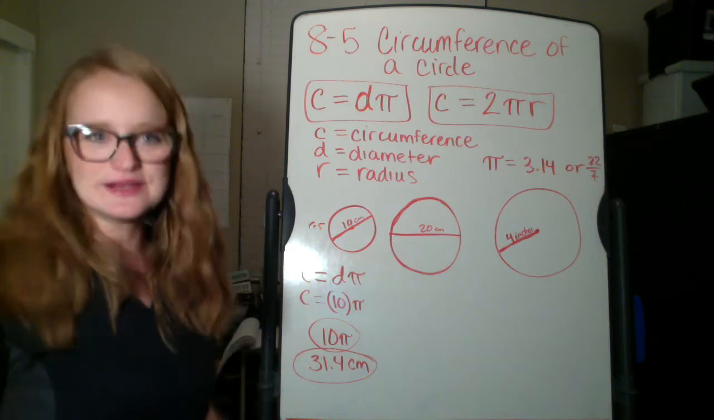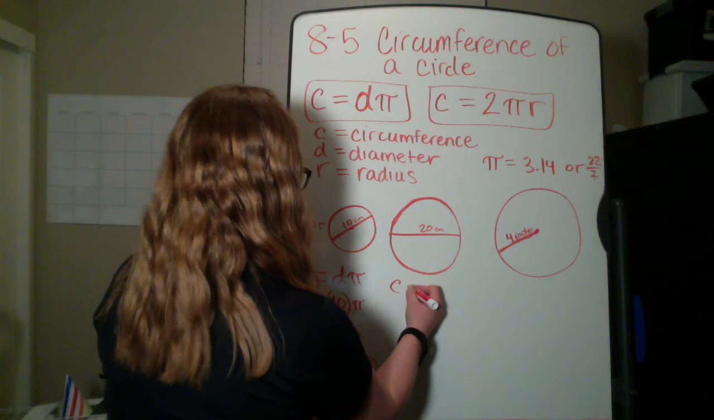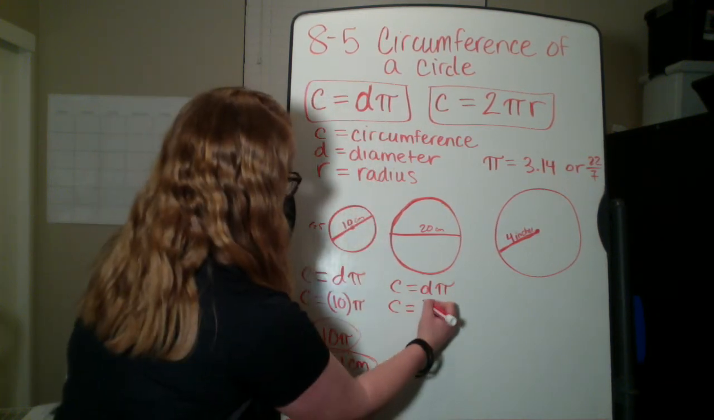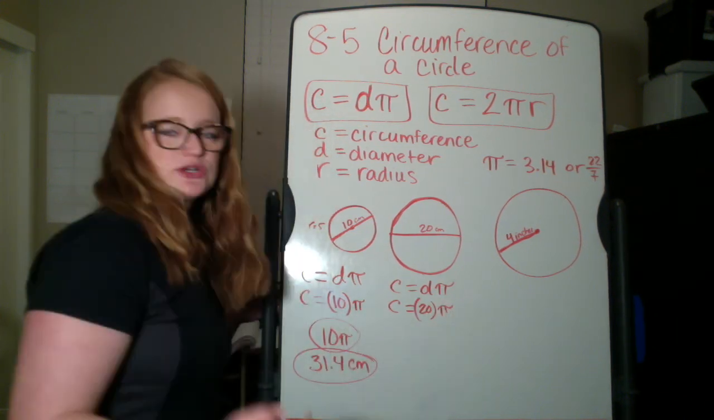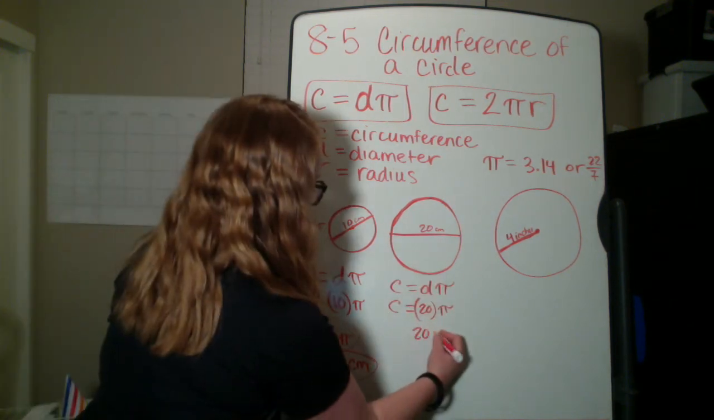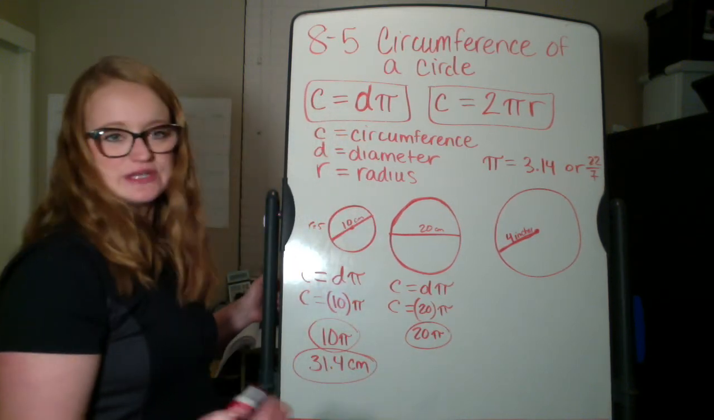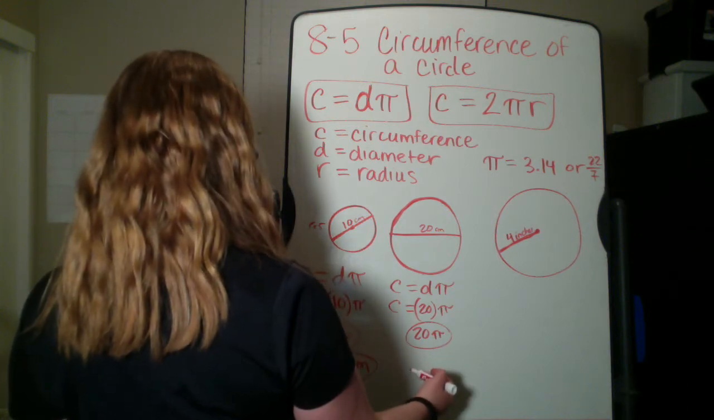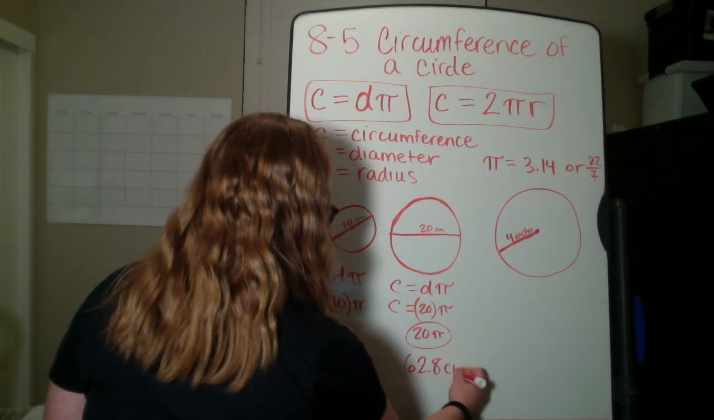So let's do a couple more examples. If the diameter is 20, right, I can use this equation again. So I would substitute and put the 20 in for the diameter. So in terms of pi, the circumference of this circle would just be 20 pi. And if we actually calculated it, it would be 62.8